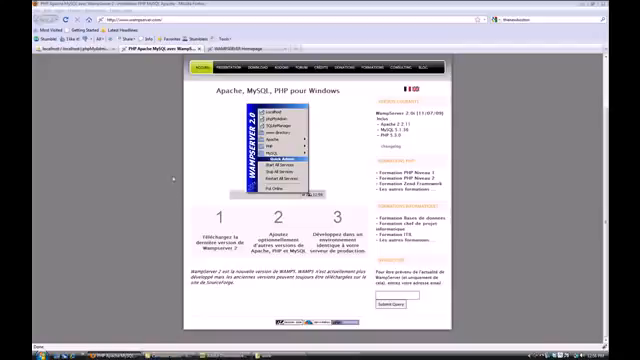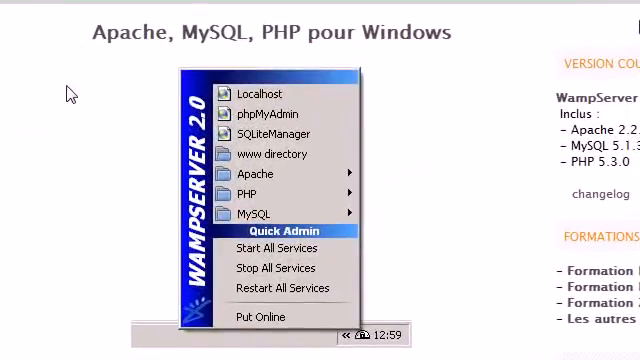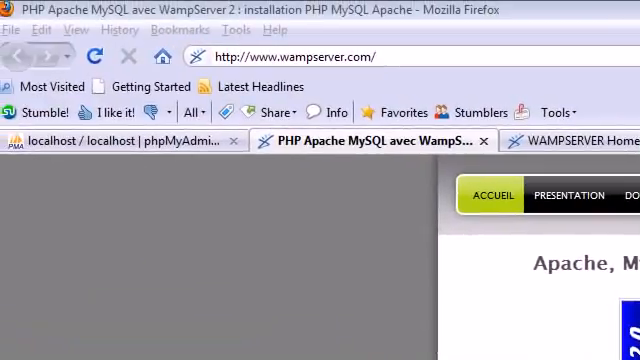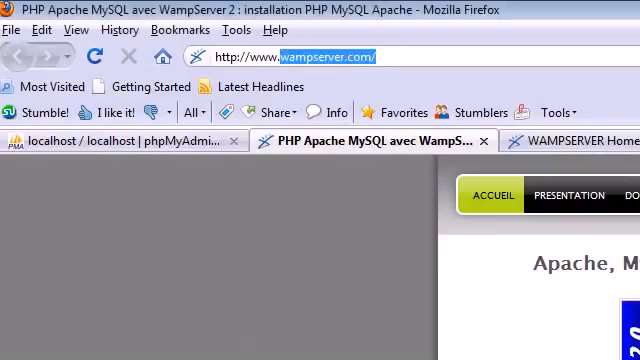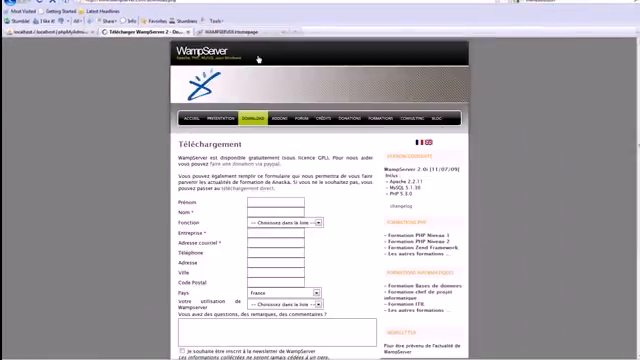But luckily, we have something called Wamp, which stands for Windows, Apache, MySQL, and PHP. It is all compiled into an executable that you can go download yourself, and that is what we are going to do first. It's as easy as going to wampserver.com and clicking on download,